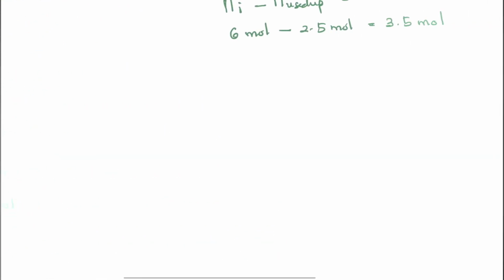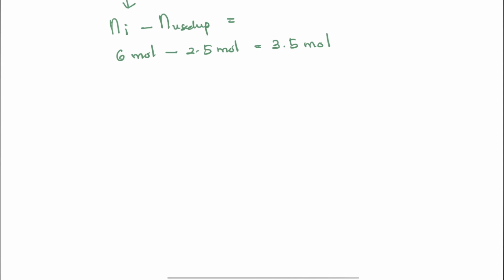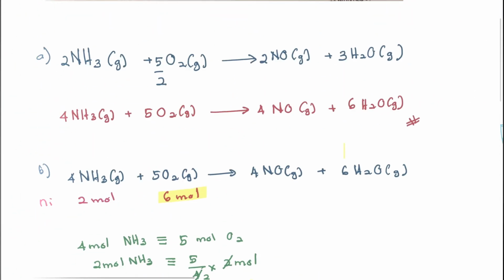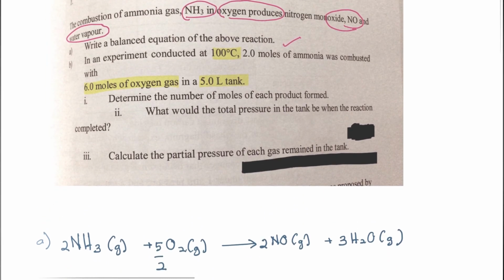And this is for oxygen left. So the next question, we need to determine what would be the total pressure in the tank. What would be the total pressure? So, based on this diagram,